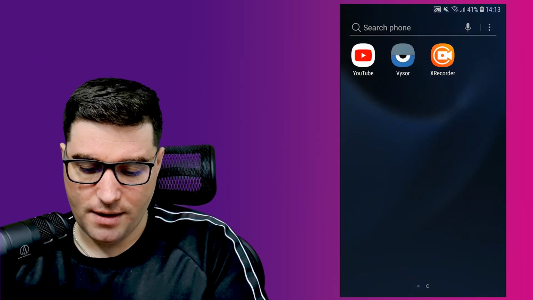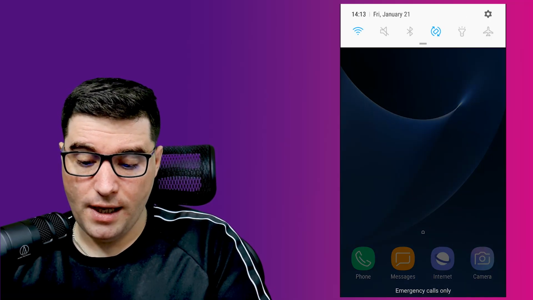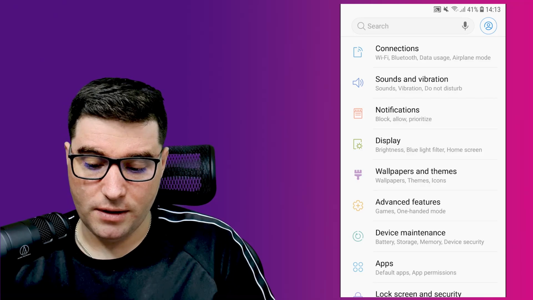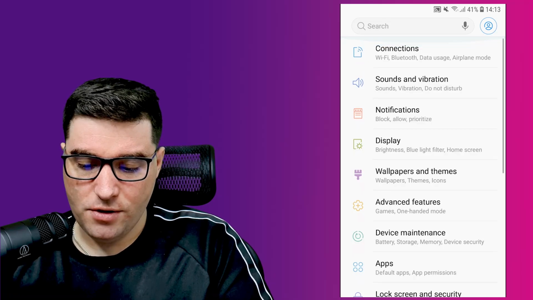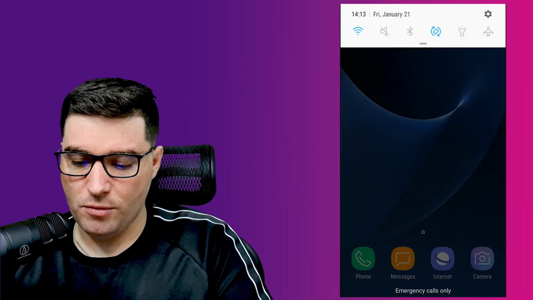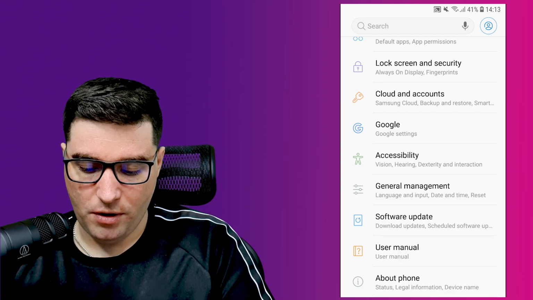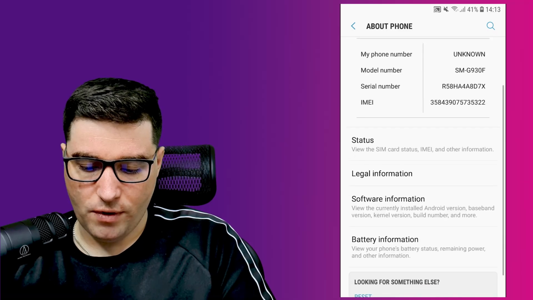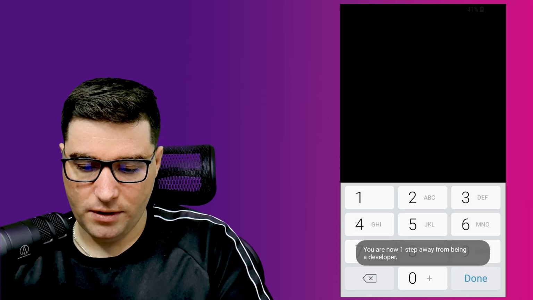When it comes to your Android phone, when you first get your hands on it, it will look something like this maybe. So what we need to do in order to make this work is to activate developer mode for Android. And for that, you should go to Settings on your mobile device, and you should go to About Phone, Software Information, and click 7 times on the build number.